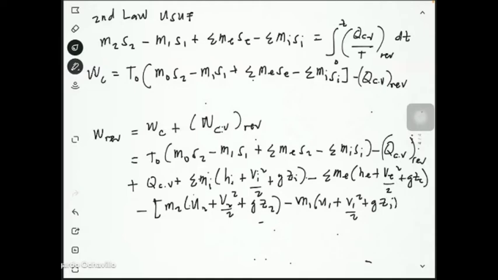From 1 to 2, this is equivalent to this quantity: U1 minus T0 S1 plus V1 squared over 2 plus g Z1, minus this quantity: U2 minus T0 times the entropy at the exit, Se, plus V2 squared over 2 plus g Z2. Okay, we have this equation